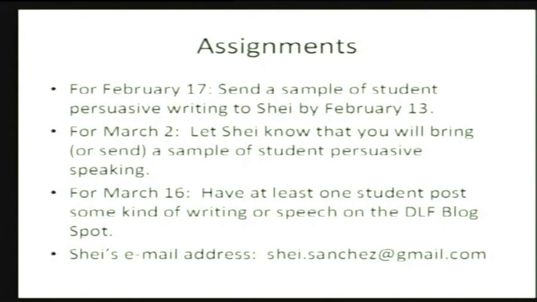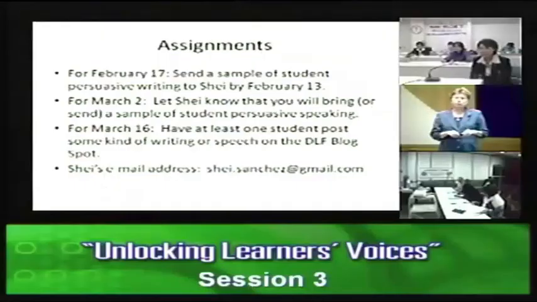What Ajahn Shay will do is select 3 or 4 pieces to work with. I'm sure you'll be coming back to some rubric. She'll probably be bringing in a new rubric to use. So you'll be looking at some of your own student work in terms of persuasive writing. And I believe she's also going to bring some examples of other persuasive writing so you can be more and more involved with it. Then for the next session, which is March 2nd, you need to email Shay to let her know